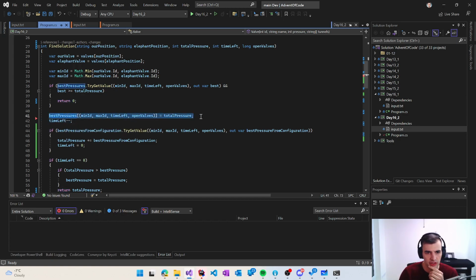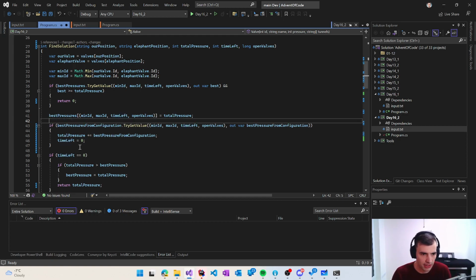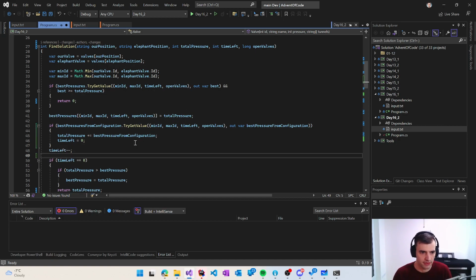If we found a better one, then we store it. Decrease the time left. And there we have the bug, because we're decreasing the time left and trying to get the configuration for a different